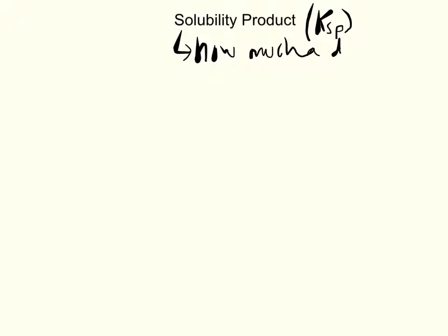Last thing we're going to talk about in this video is the solubility product. So remember, solubility product is KSP. And basically this is a measure of how much a solid dissociates, or dissolves. So for example, if we took the compound calcium fluoride,